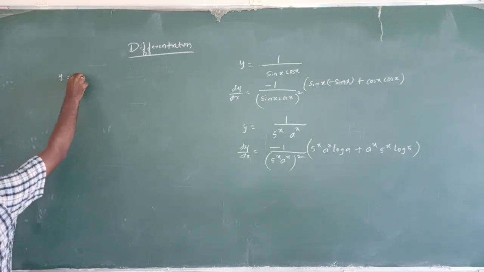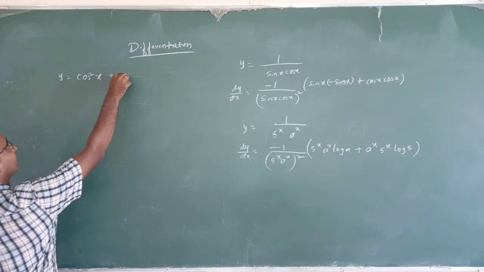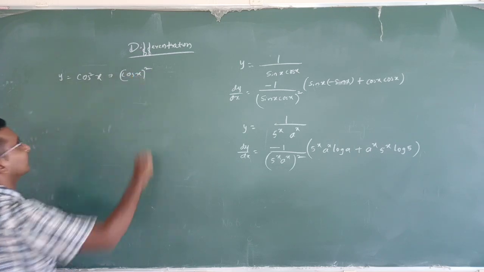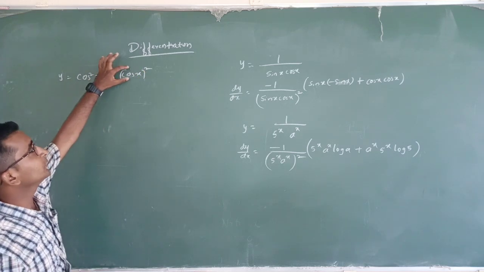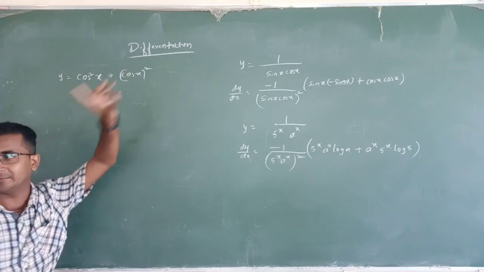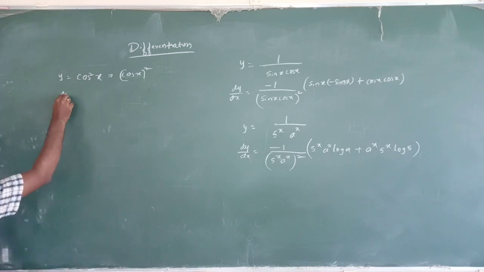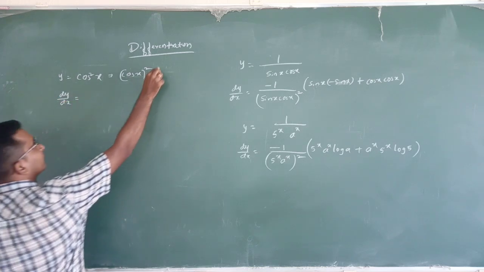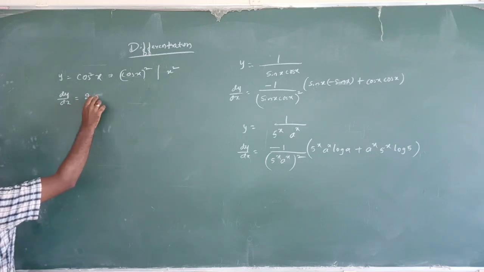If y equal to cos square of x. So cos square of x is nothing but what? Cos of x whole square. Very simple. Okay. So look here. What is the differentiation of cos of x whole square? First you should consider this cos of x as the x. It means again x square. So differentiation of x square is what? Consider this one as x square, and differentiation of x square is 2, and instead of x what you have to write?